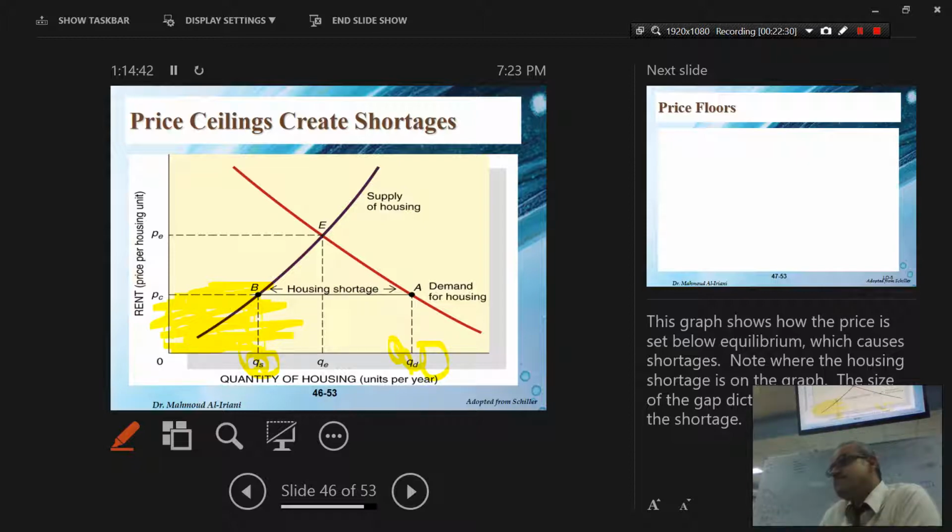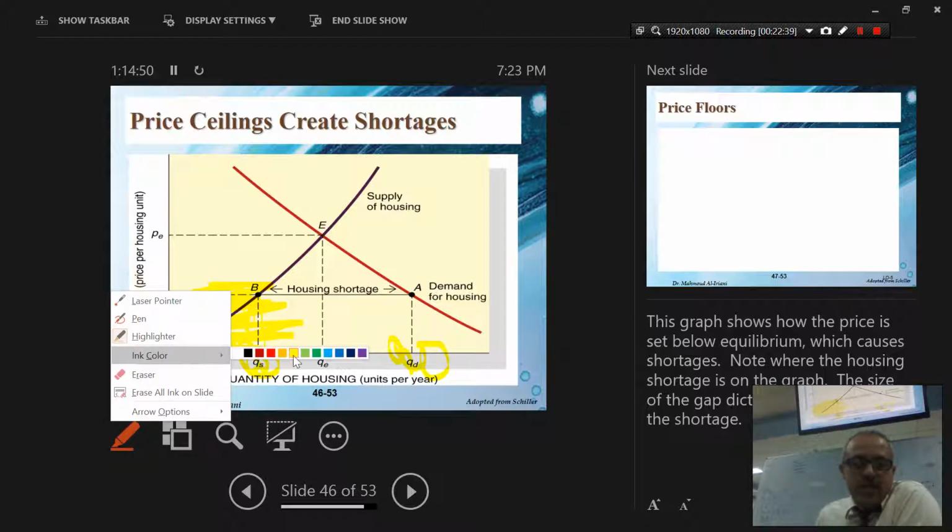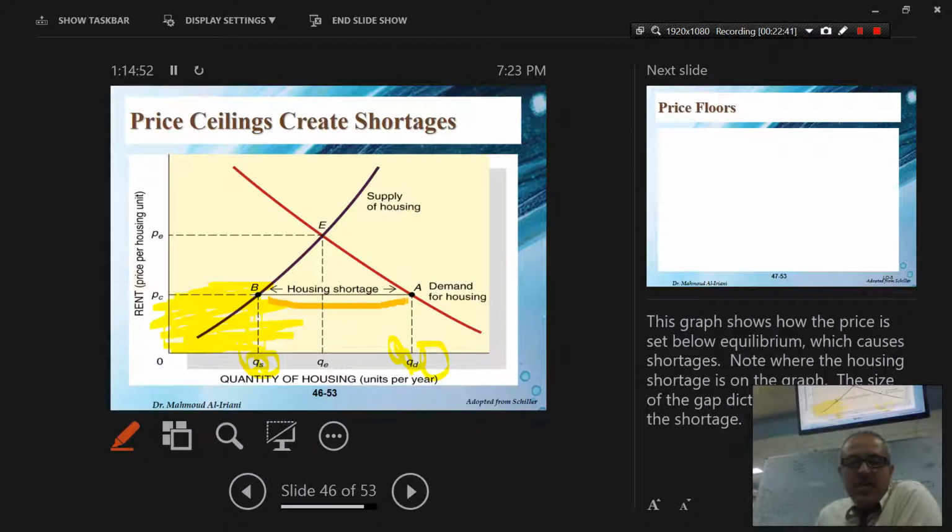The pointer is not very clear. Okay, you see, but people want to get all of that area. Let's see if I can change the color here. People want also this area. Now this area here is how much people are willing to pay, but they can't, because the government says